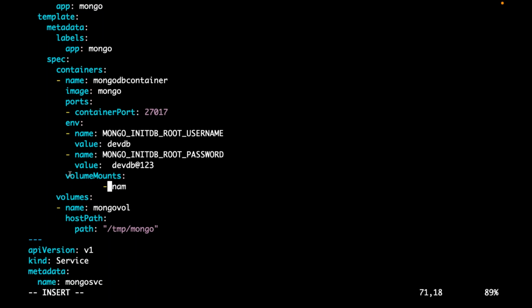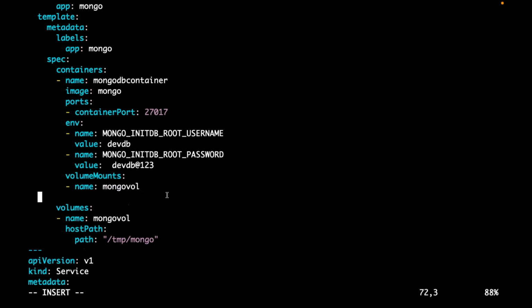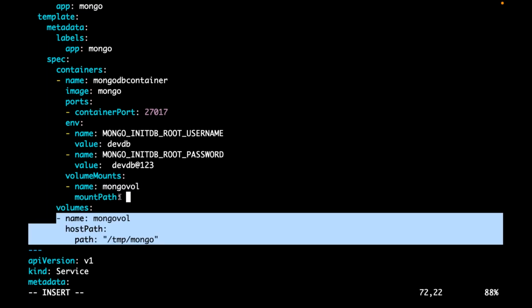So volume mounts, name: whatever volume name you have given here, the same name. Mount path: to which directory do you want to mount this volume in your container?